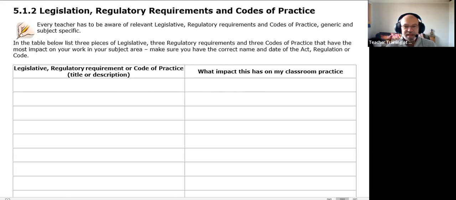So if you put the Equality Act in there, it's about making sure that your training materials, you might say, okay, I need to check my training materials are representative of the diverse cultures that we live in and promote diversity, that there's no bias in them in any way, shape, or form. And I need to be constantly aware of the support needs of individuals within the group, and make sure that they're met.